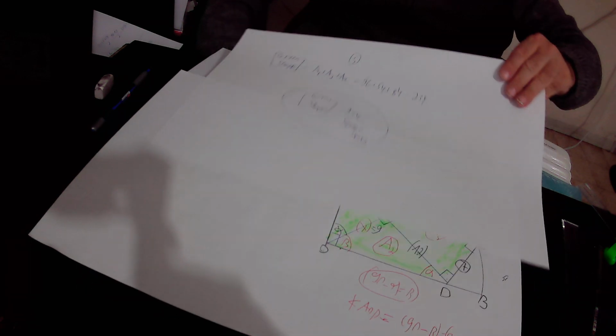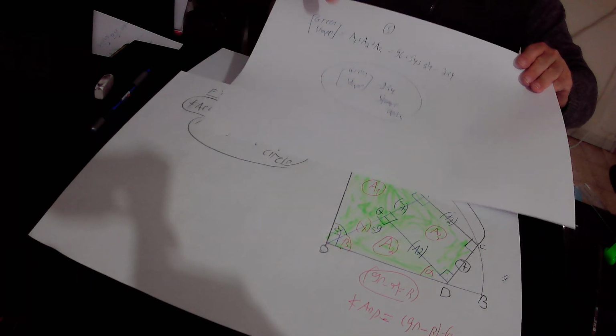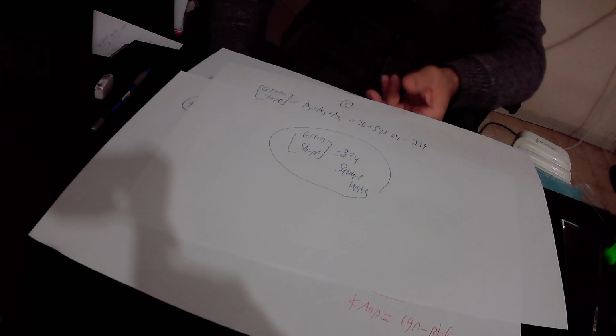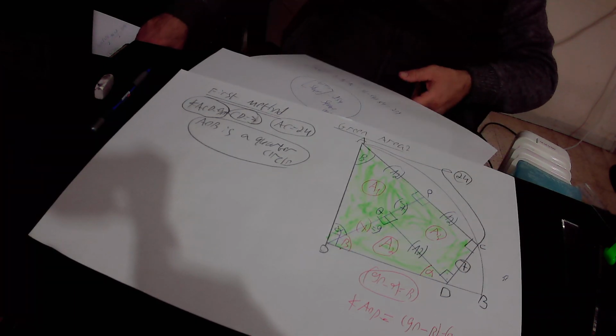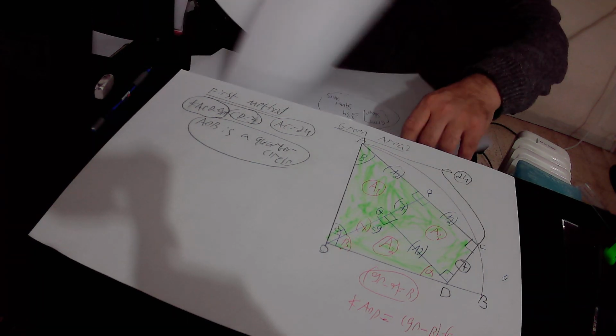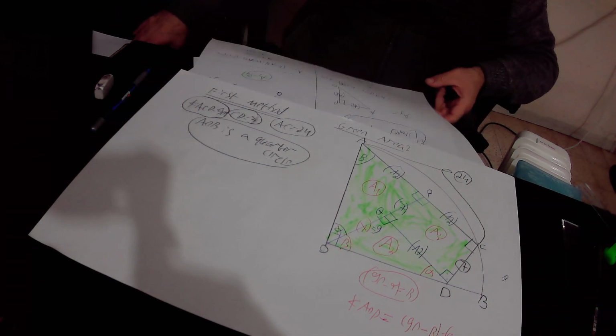In conclusion, we found that the area of this ring shape equals 234 square units. We finished with the first method, then I presented to you how to find the area of this ring shape according to the second method. In the second method,